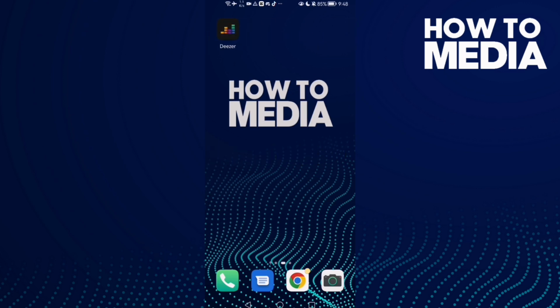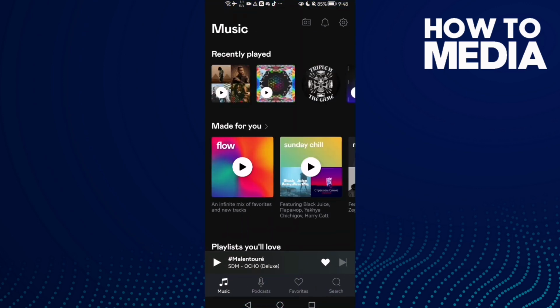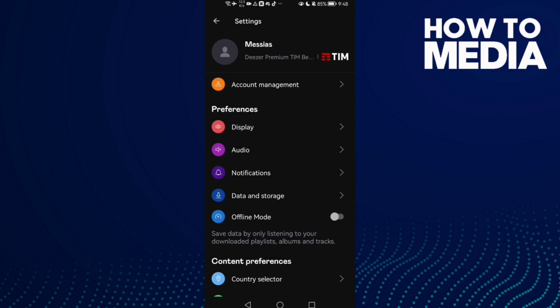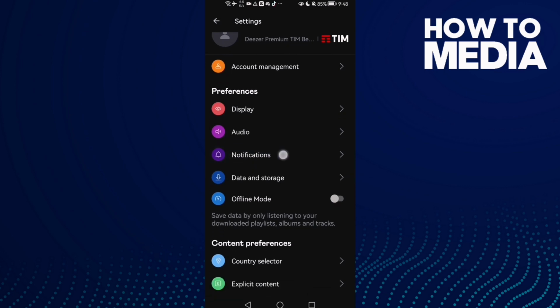First, open Deezer and now click the settings icon here in the top corner, and here you will find notifications. Just click on it